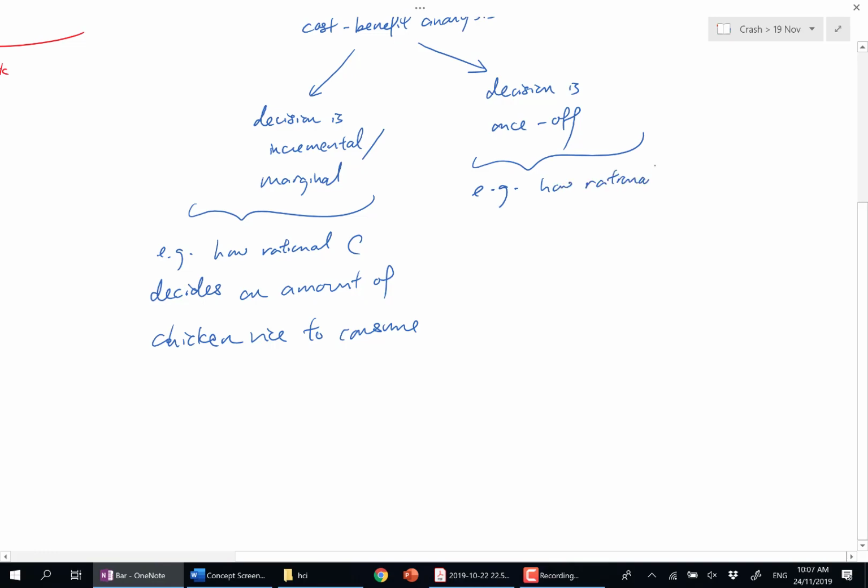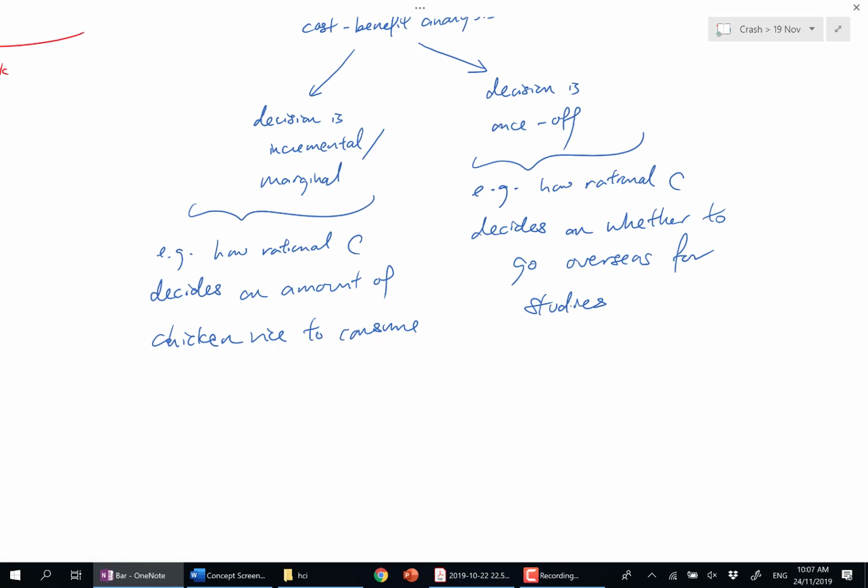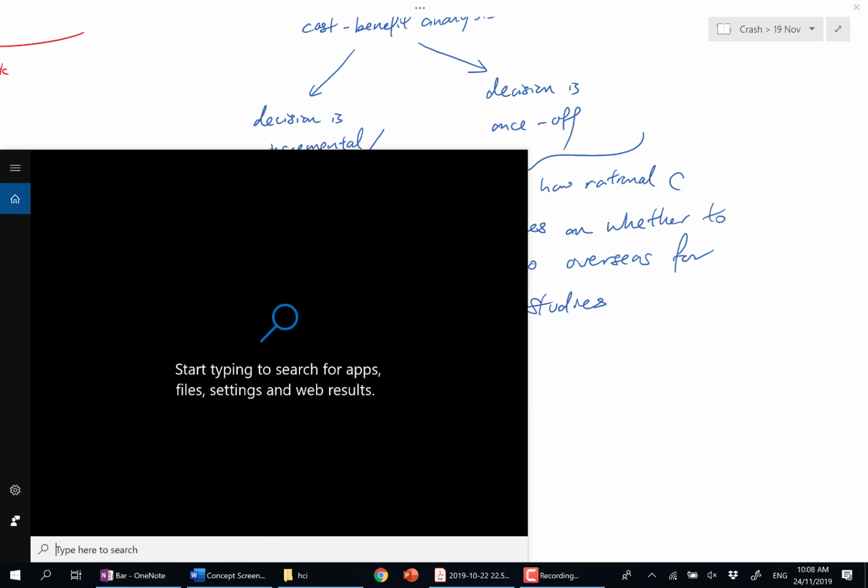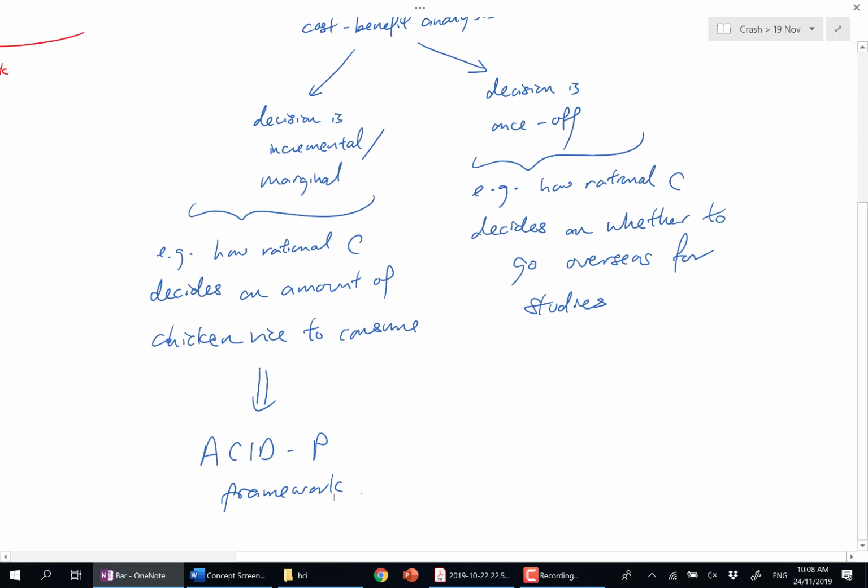How a rational consumer decides on whether, let's say, to go overseas for studies. You can't say go overseas, 1 country, 2 countries, 3 countries. It just doesn't sound right. Okay? So, but the question is, when the decision is marginal, we have an SCP framework. Okay? Whereas when that decision is once off, it's U